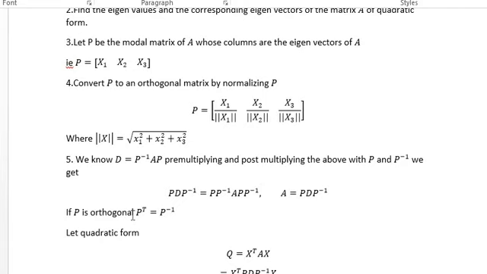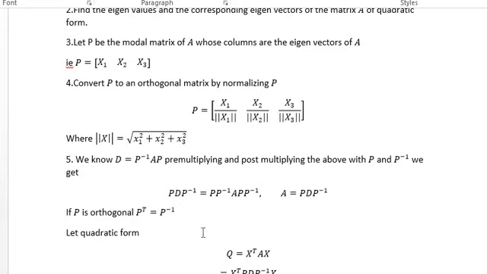After that, what do we get? The left hand side becomes P D P inverse, that is, we are pre-multiplying with P and post-multiplying with P inverse on the left hand side. Similarly, we do the same on the right hand side. So we get P into P inverse AP into P inverse. From this we obtain that P P inverse is equal to the identity matrix I. So A = P D P inverse.